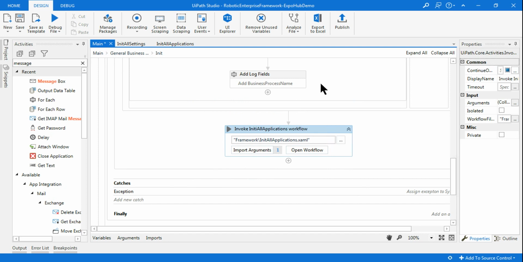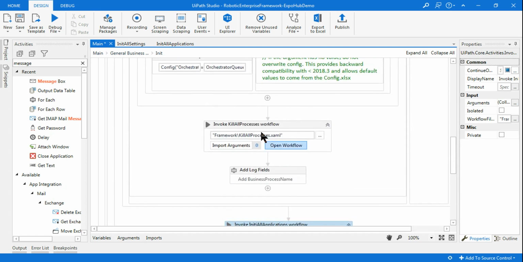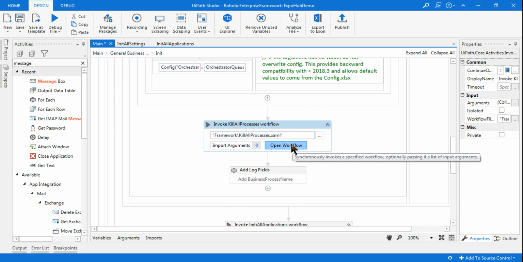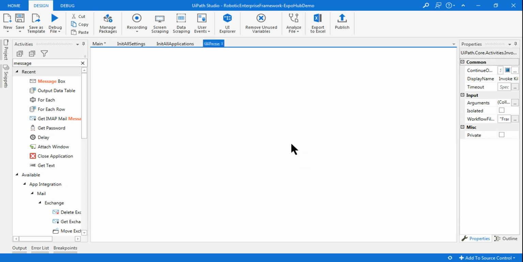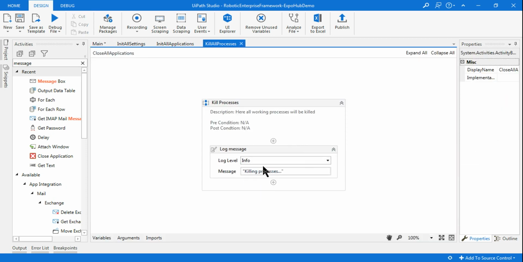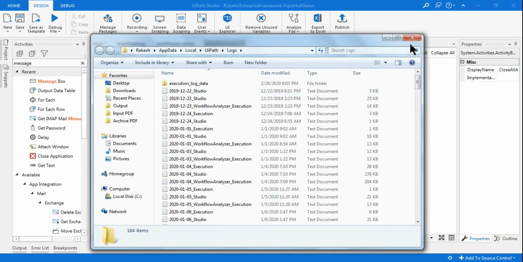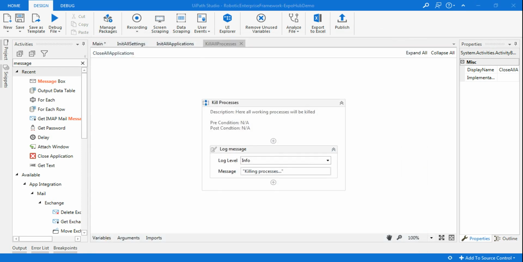Okay, so now we will just focus just above this. There is something called add log field kill process. In this activity, if you open the workflow, killing process, they are adding a log message. So how to do that? Inside your UiPath, just hit Control L. This will open the log. Or else what you can do, go to